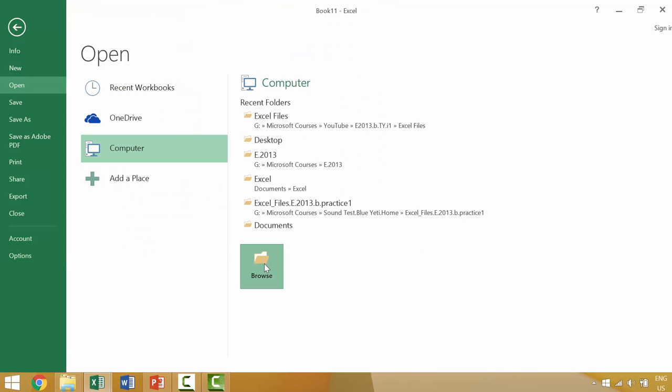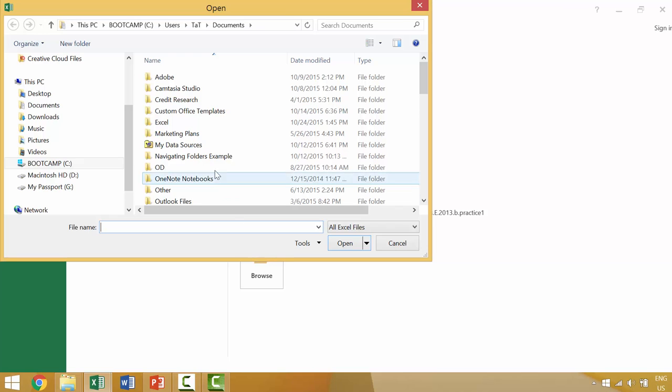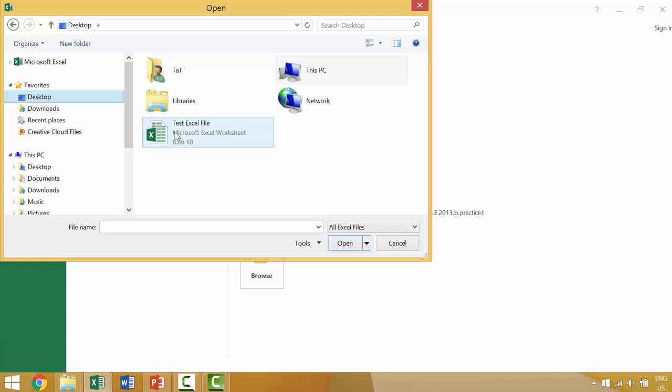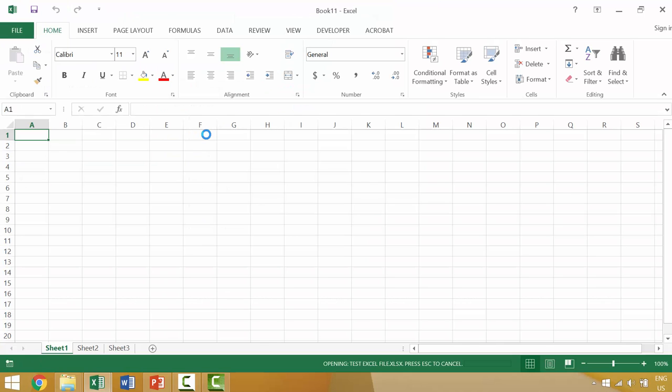So I'm going to go to Browse, and because we saved that file on my desktop, I'd maybe scroll up here to Desktop, and here it is, Test Excel File. I double click that and it would open up the file. And as we talked about in the last video, if we were to make some changes